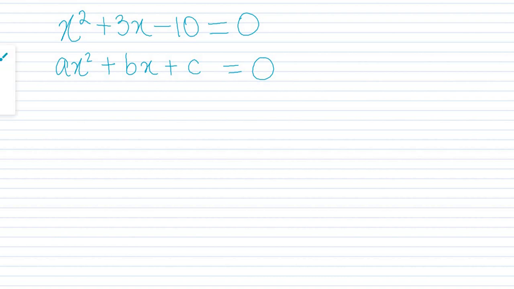Whenever you're given a question and you plan on using the quadratic formula, it's important for you to be able to match the question that you're given to the general form, which I'm going to write as GF. So this is basically the general form of a quadratic equation. If you're given a question that isn't looking like this form, you have to try to make it look like this form. So A is the coefficient of x squared, B is the coefficient of x, and C is the